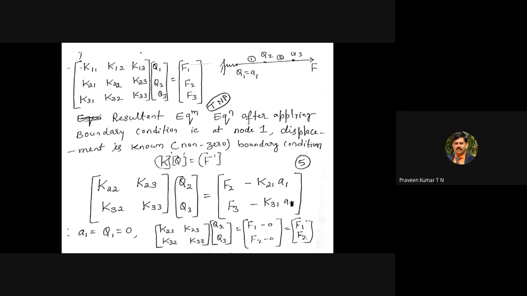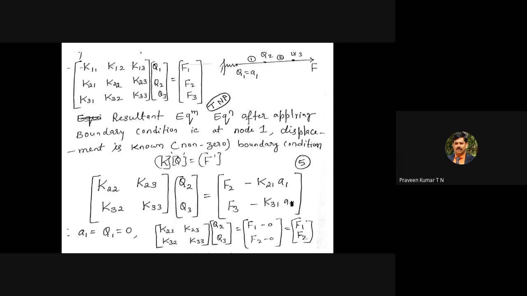In a similar way, if you come to the third equation, we have K31. The first term of the third equation is K31 into Q1, that's also equal to K31 into A1. So K31 into A1 is constant, where displacement is given. When A1 is constant and K31 is constant, then the product of those two constants is again constant. Hence, you are moving the constant term to the right side. We can see here F3 minus K31 into A1. That's the one from the fundamentals you can remember.